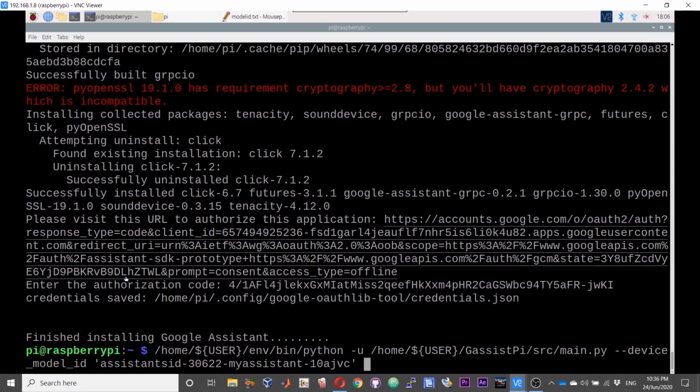Insert your model ID over here and you can add your project ID as well. Syntax is project underscore ID.